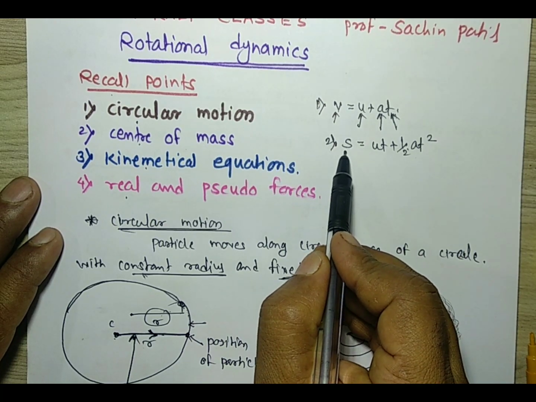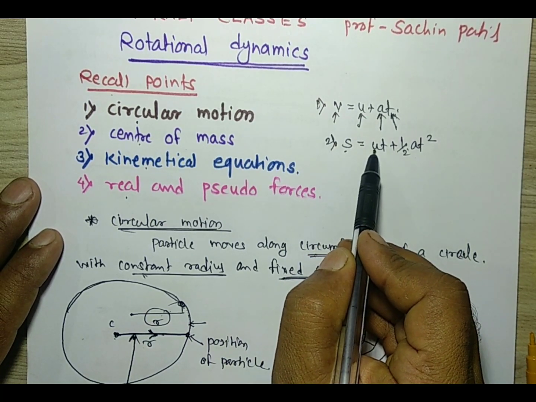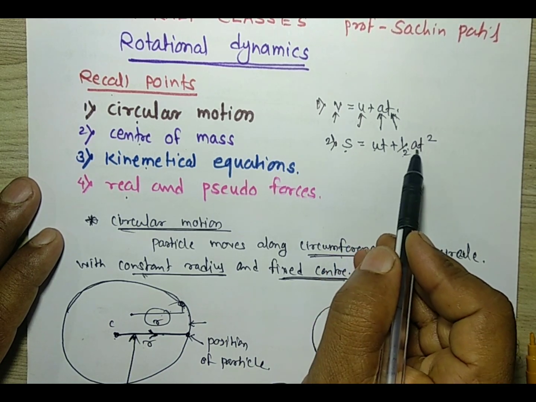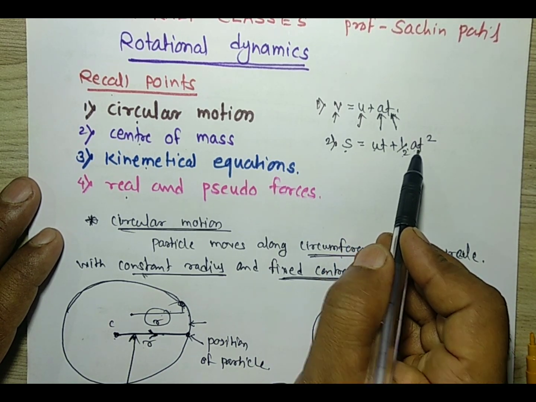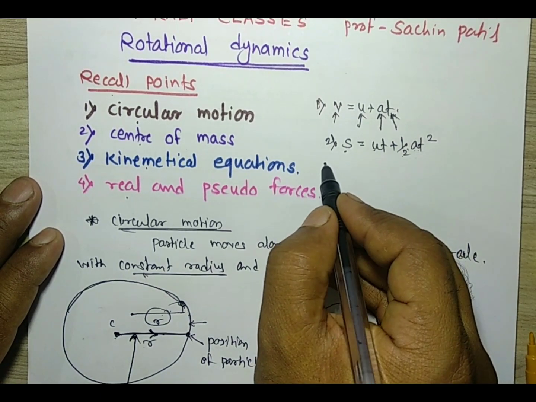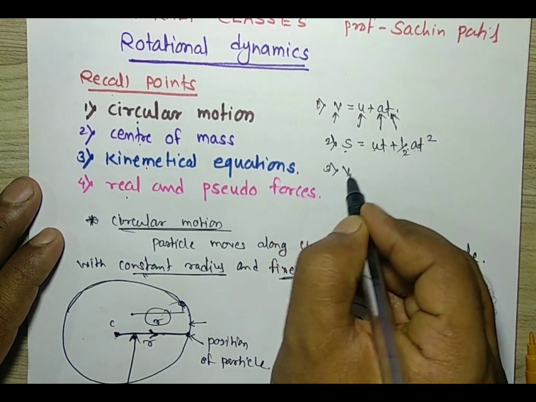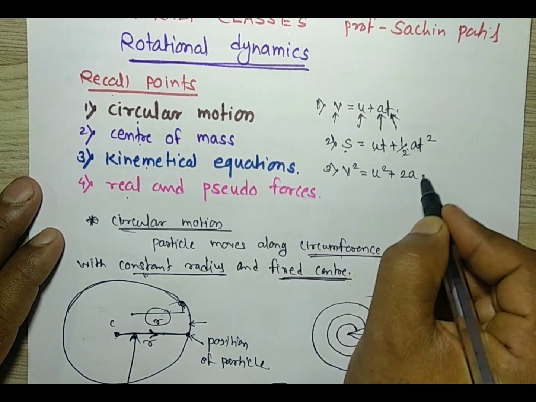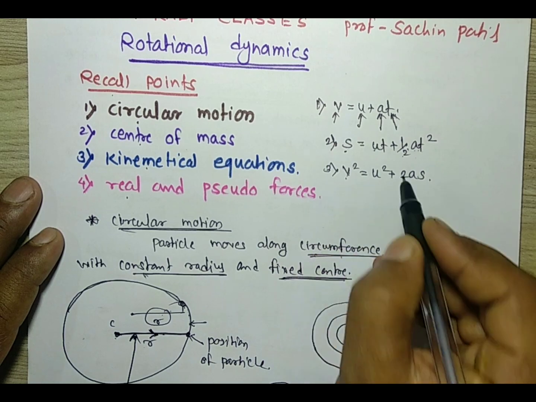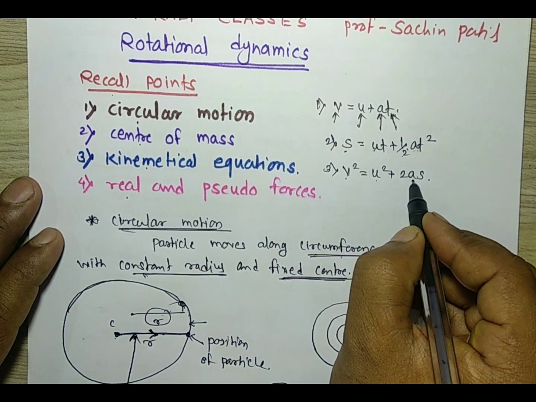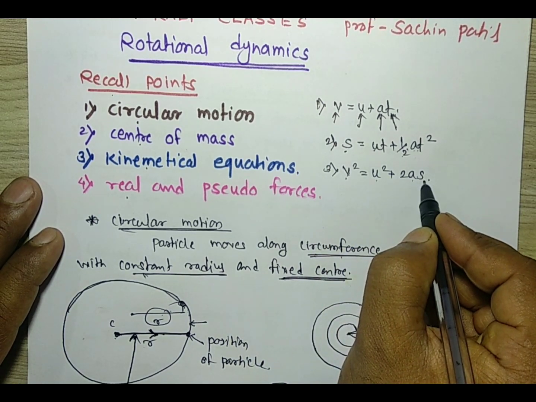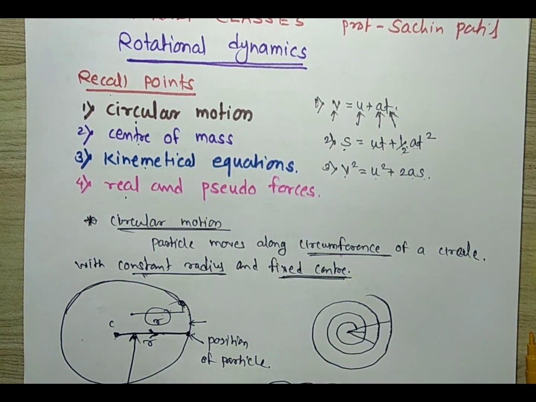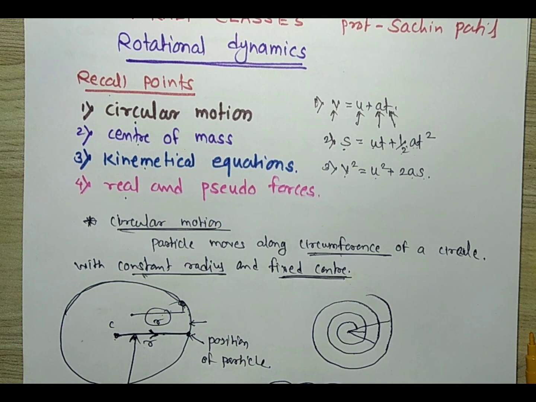Once again, s is the displacement, u is the initial velocity of a particle, t is the time, and a is the acceleration. The third one is v² = u² + 2as, where v is the final velocity, u is the initial velocity, a is the acceleration, and s is the displacement of the particle. Those are the three kinematical equations. Those are the recall points related to your